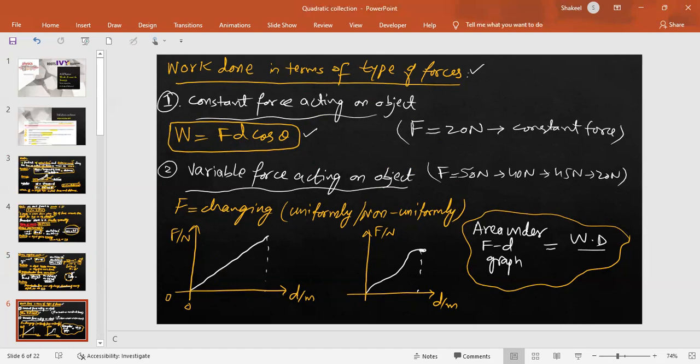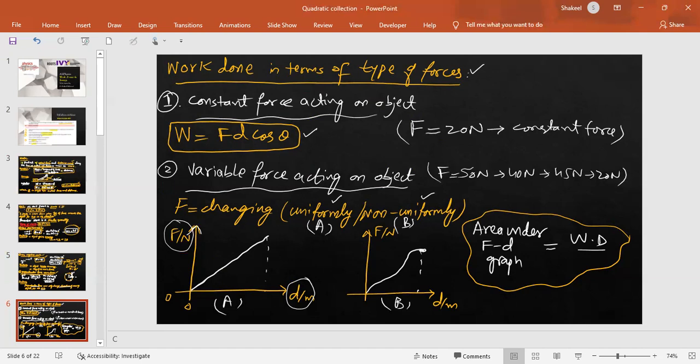So when force is changing, either uniformly or non-uniformly, you have to find the work done using the area under the force distance graph. So you plot force along the y-axis and distance along the x-axis, and then the graph is there. The first graph is A. It shows that the force is uniformly changing, and this is graph B, which shows that force is